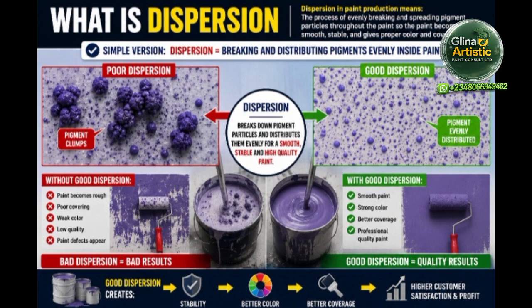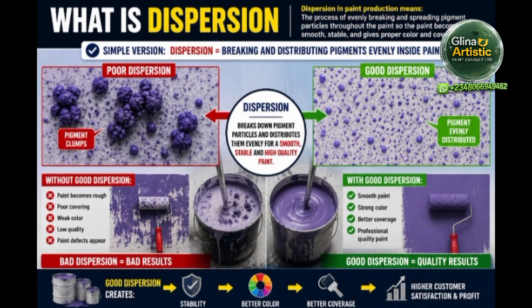So when you hear the word dispersion, it simply means breaking down of your pigment, fillers, calcium carbonate, your oxides, the color, your titanium dioxide. A lot of people don't know that when they add these into their paint production process, it is not yet smooth. It has not been well broken down, not just mixed. So next time you hear the word dispersion, you simply understand it is the breaking down of pigment